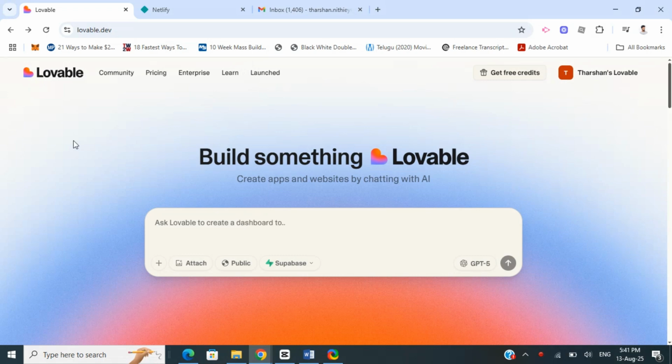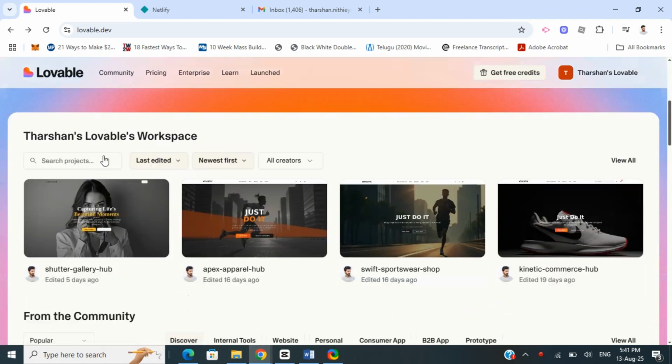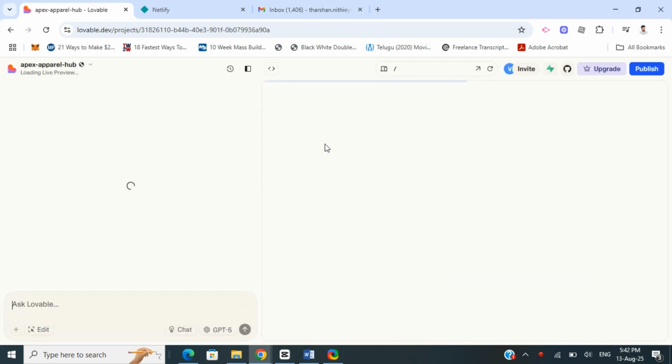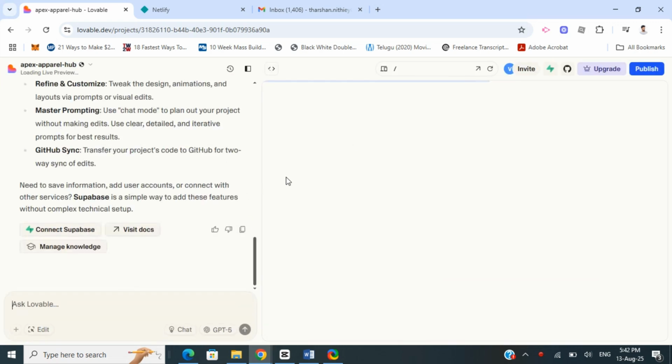Hello everyone, in this video I'm going to show you how to deploy a Lovable app in Netlify. So open up Lovable, log into your account, and then just open up the app or the project that you want to deploy. So for example, I'll just use this one here. So click on the project, and then once you click on the project and open up the Lovable project or